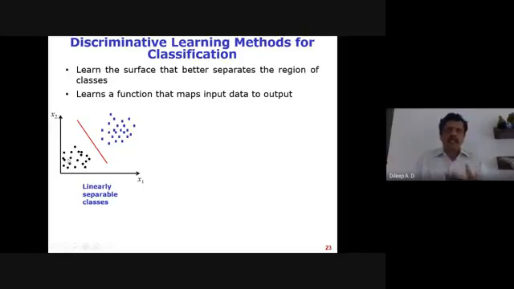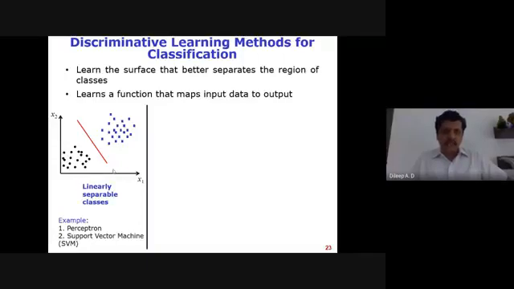What we try to do in these discriminative learning methods is learn this discriminant function. In this particular case it is a line that should be placed in the region of separation between the two classes, if the two classes are well separated. If the two classes are not well separated, different classification techniques are usually associated with that. The perceptron and the support vector machine follow this learning of a linear discriminant function.